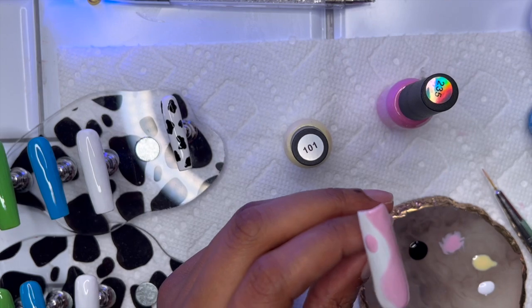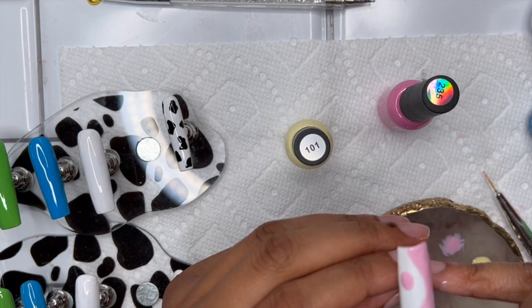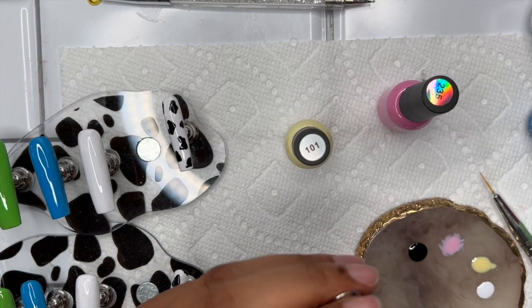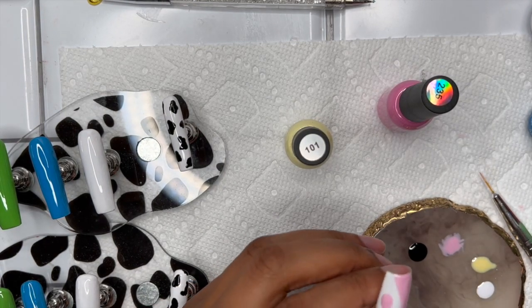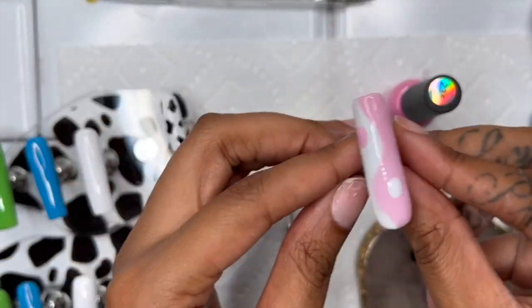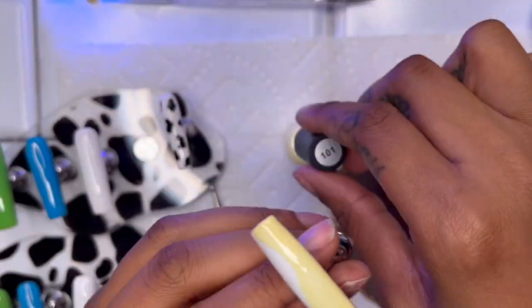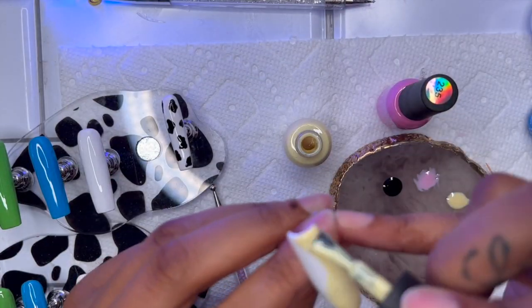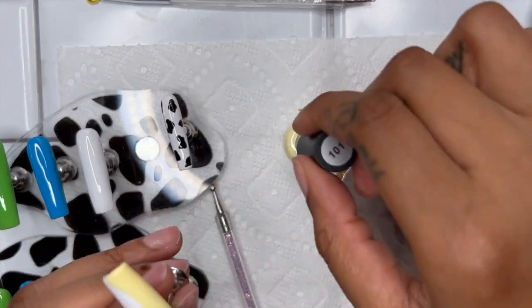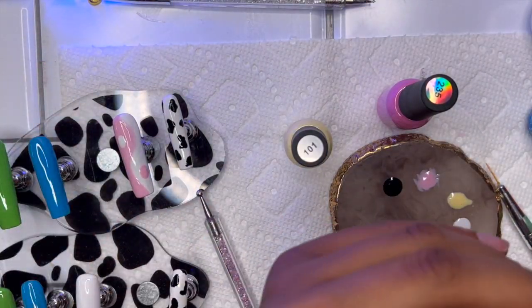Okay, finally I have the color of the nail as dark as I wanted, so I'm going to go ahead and use my dotting tool to put on the other dots so I can have this yin yang completed. Go ahead and put that in the lights. Go ahead and get my other one. Use my dot. Oh, see, this one is not as dark as I wanted, so I had to put another